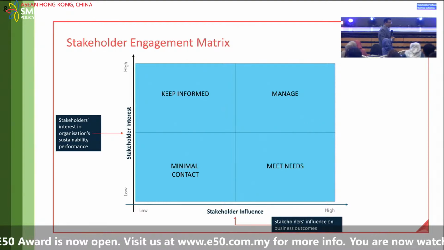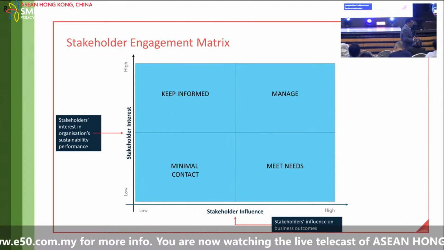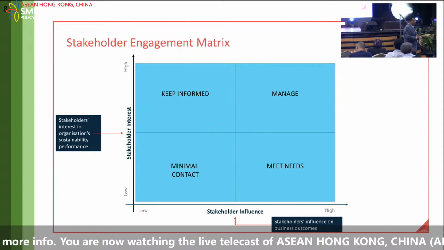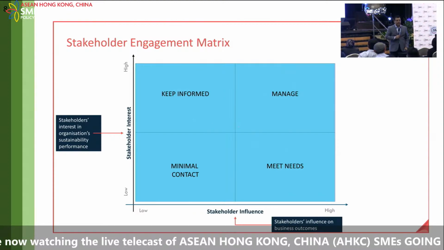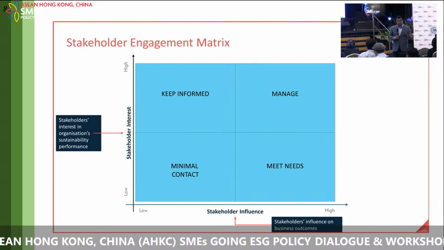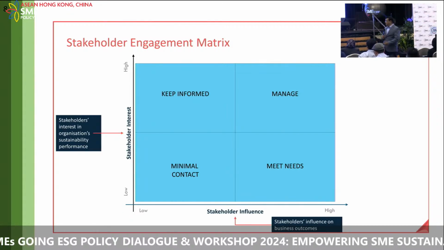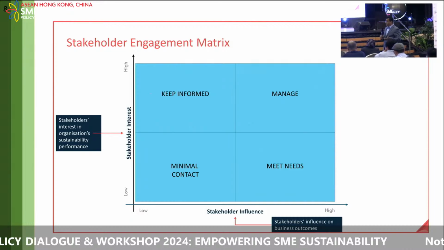So suppliers don't really care because, I mean, I don't blame them. I know we are all suppliers as well. We need a business, so whether you are sustainable or not, not really. So these are the stakeholder groups that you find at the bottom rung of the matrix, meets needs. And then finally, the top liner, guys,